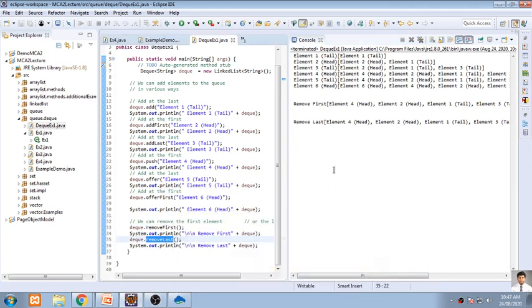So are you getting everyone? Any doubt? So these are all the functions: add first, add last, push, offer, and offer first. You can add and remove also. Offer last can be adding an element at the last also. So offer last is just like adding at the last. Offer is just like adding an element. Offer first is for adding an element at the first position. So you can use any function which we have specified here.